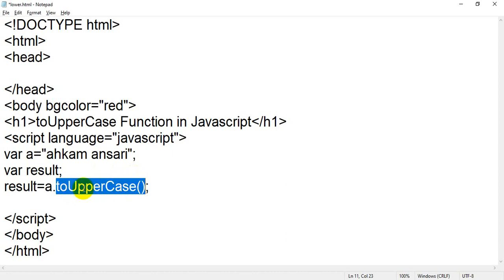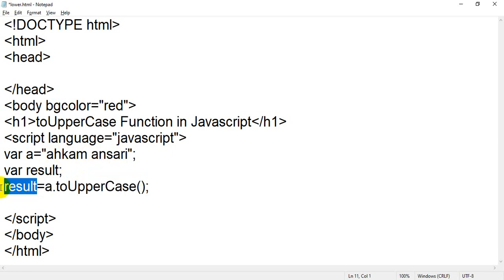The value of a is Ahkam Ansari, and a dot toUpperCase means the small letters of Ahkam Ansari will convert into capital letters and be stored inside the variable result, because result is a variable in which you are going to store some value.